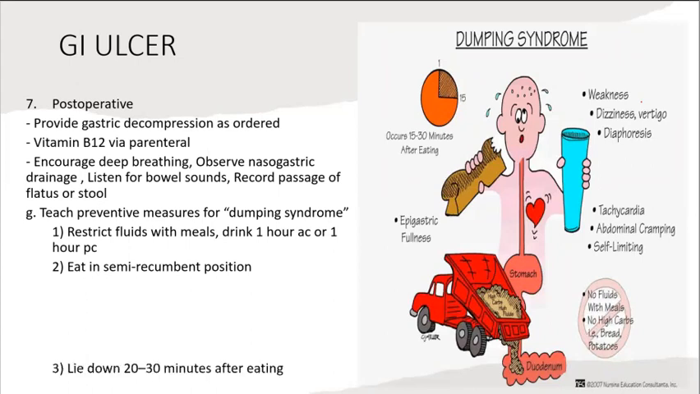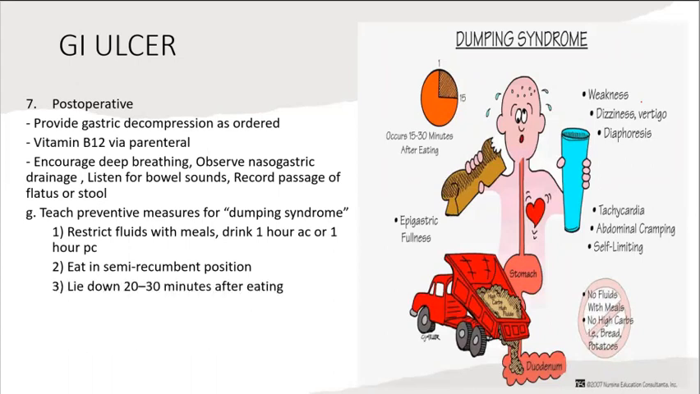You want to have them lie down 20 to 30 minutes after eating. This is very key with dumping syndrome. Eat small, frequent meals. And again, we want to give them complex carbohydrates. You want them to avoid simple sugars. And again, we can give them antispasmodics like Buscopan, just to aid with any of those abdominal cramps that